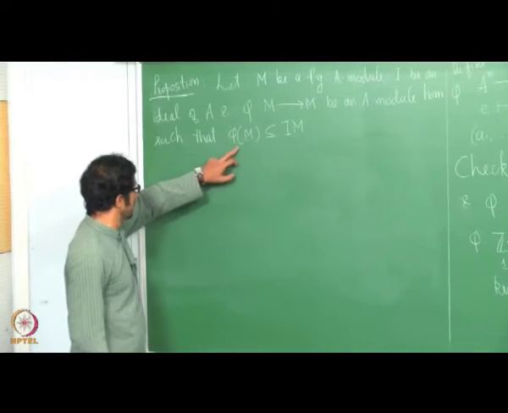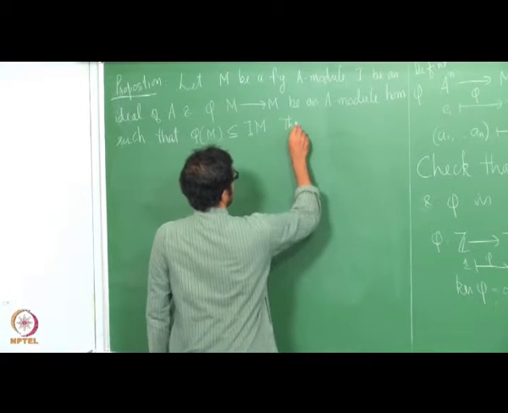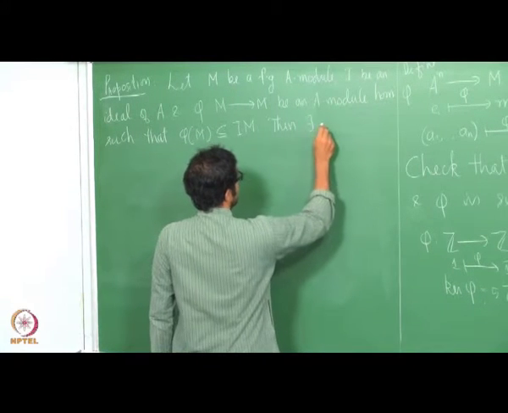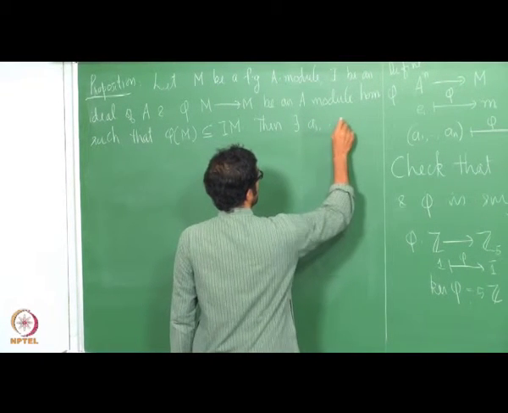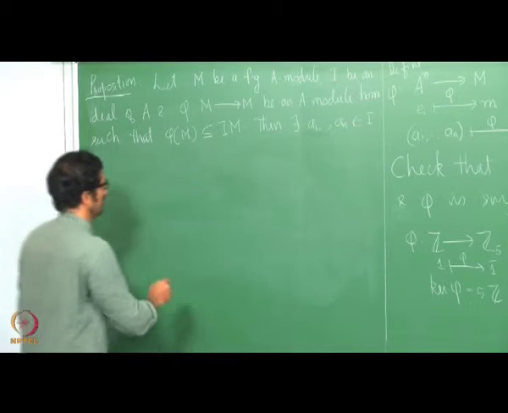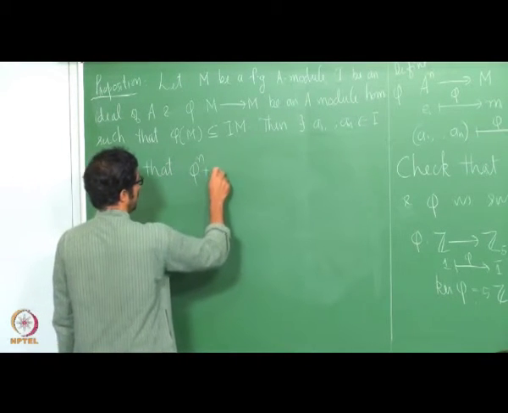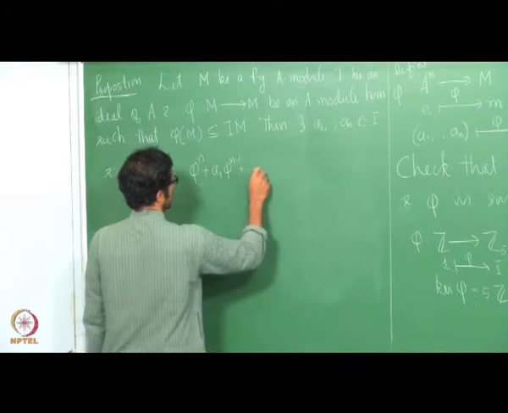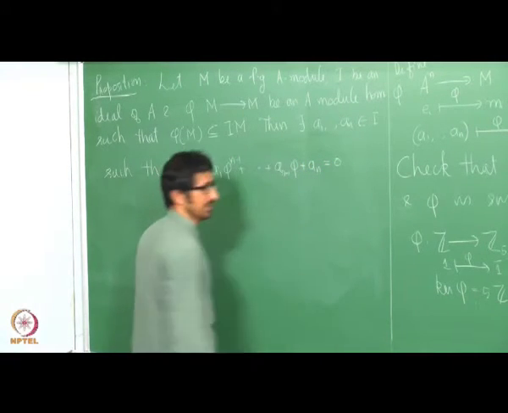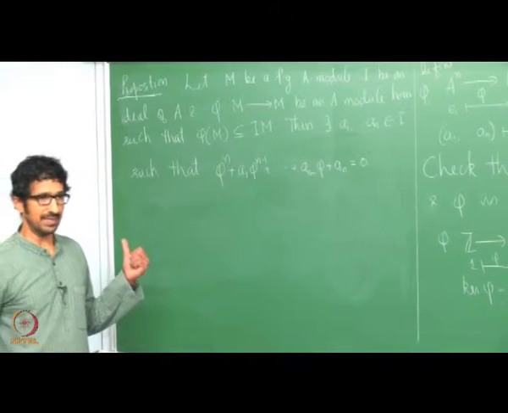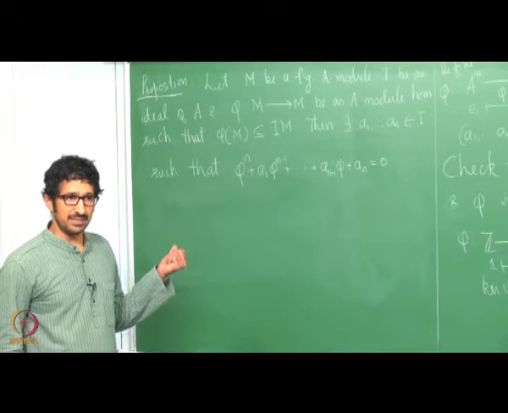Okay. Suppose there exists an ideal I with this property, then there exists a naught, a1 up to an in I such that phi power n plus a1 phi power n minus 1, up to an minus 1 phi plus an is 0. So, this is as an element in